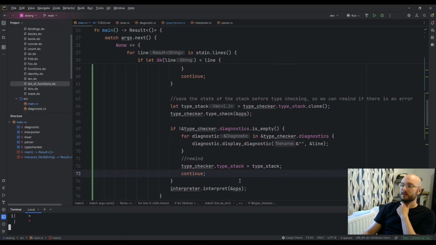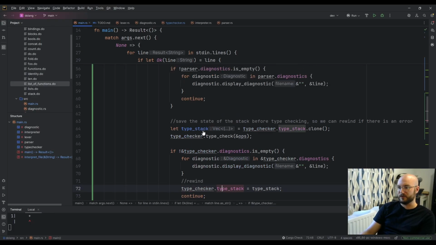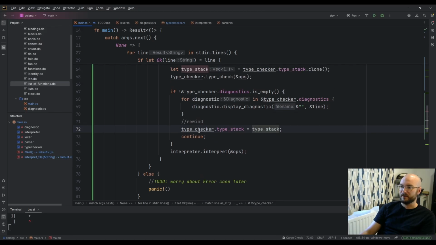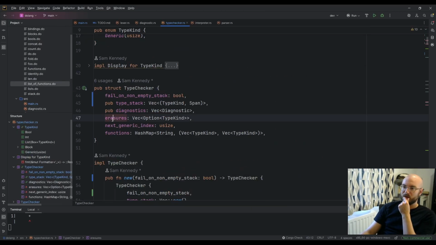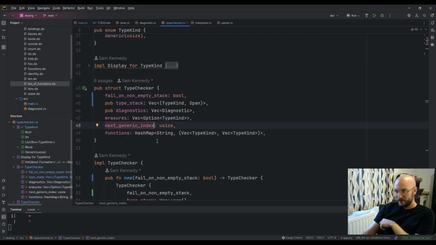Why didn't that work? Because we should set the type stack back. Is there any more state that it's holding on to? I would like to look into the type checker. Yeah, we might have to rewind the erasures and functions and generic indexes.